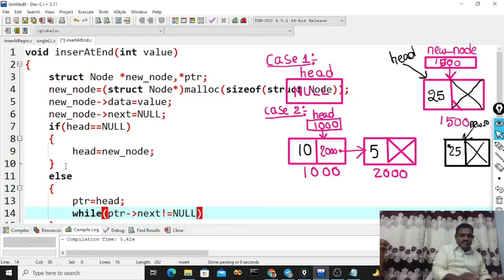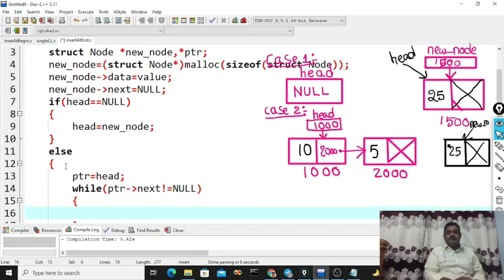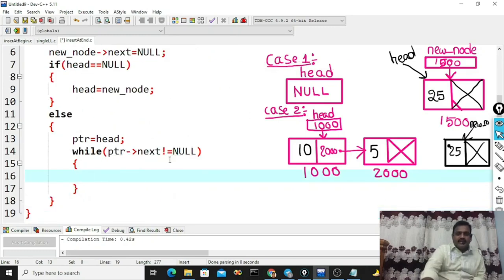Why am I taking this? Because I need to stop the pointer at the last node. First ptr will go and point to the first node in the linked list.